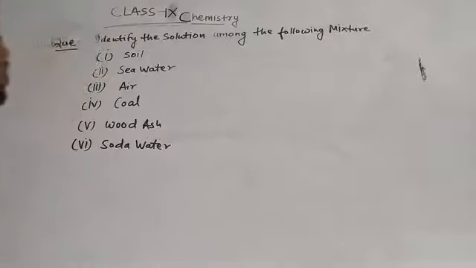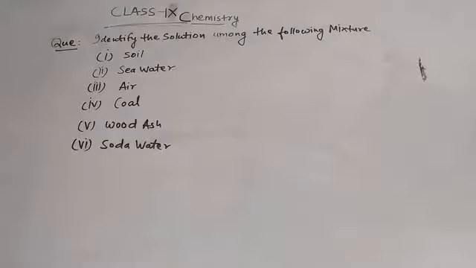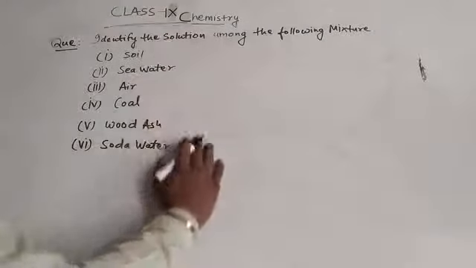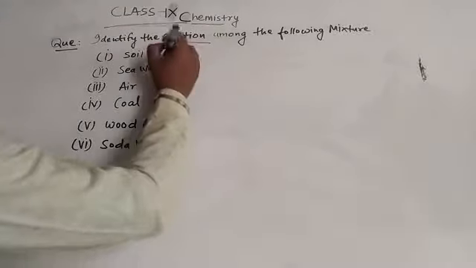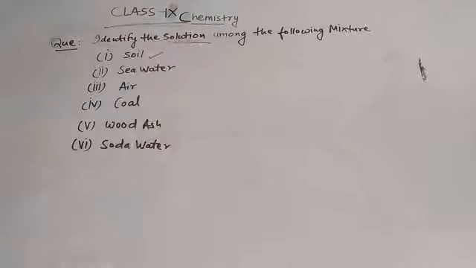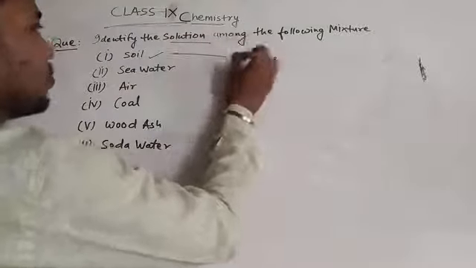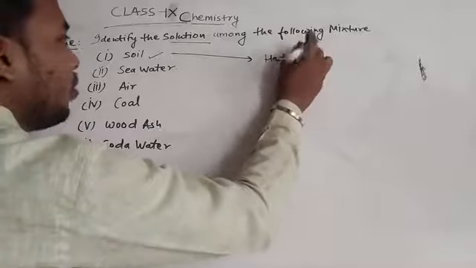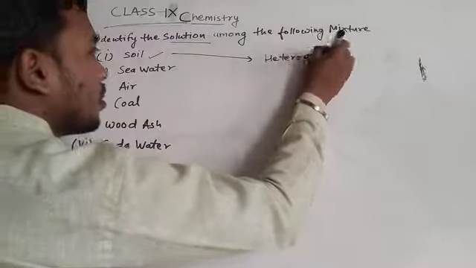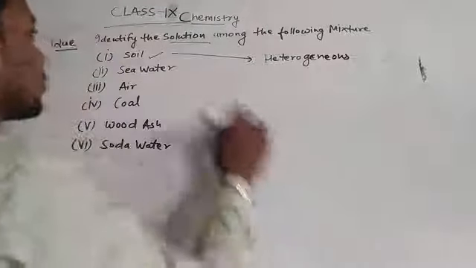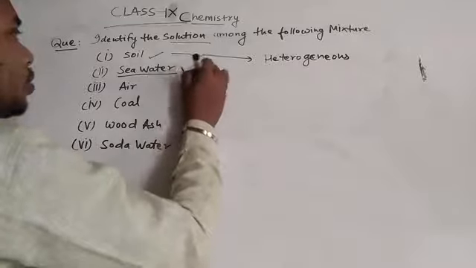Now the question is: identify the solution among the following mixtures. इन सारे मिक्सचर्स में से आपको आइडेंटिफाई करना है कि सॉल्यूशन कौन है. So if you take the example of soil, तो सॉइल किसका मिक्सचर होता है, हेट्रोजीनियस मिक्सचर होता है. Soil is heterogeneous. सी वाटर क्या होता है, सी वाटर तो कॉम्बिनेशन होता है, तो ये भी आपका सॉल्यूशन है,